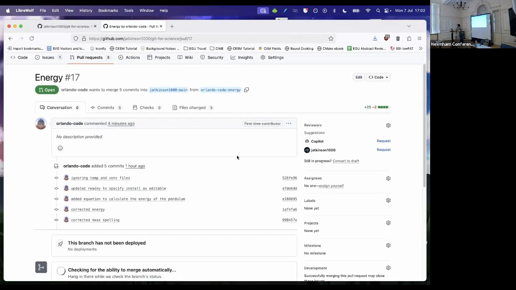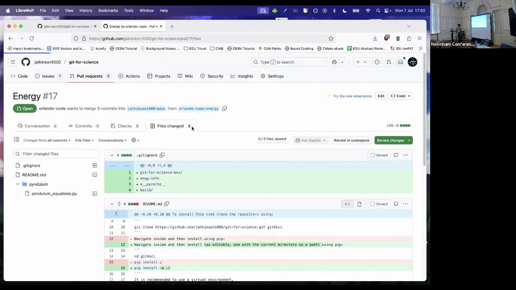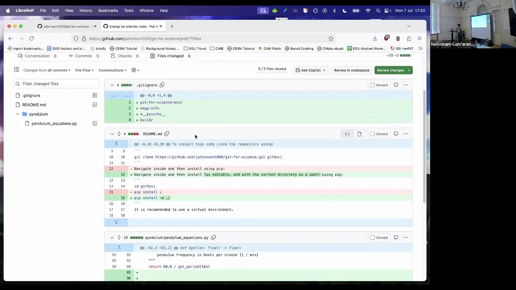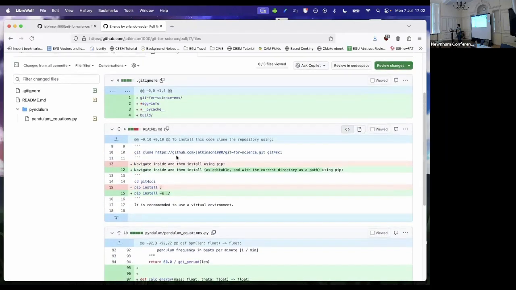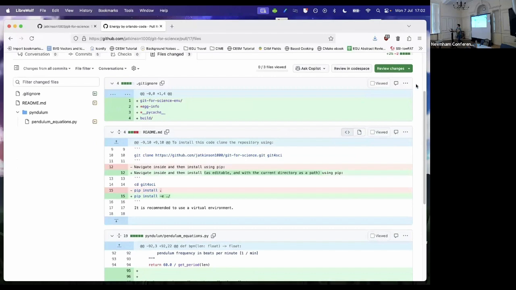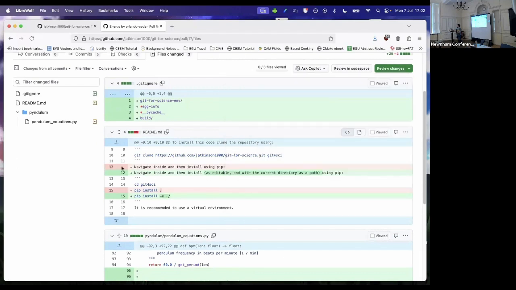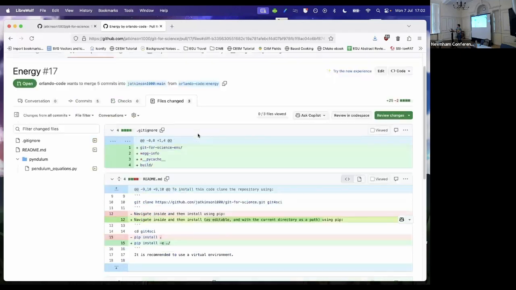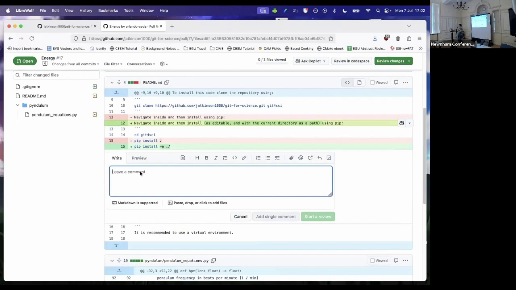Unfortunately, everyone went for energy. So if I go into here and I look at the code, there's a few things I can comment on. So the first thing I would perhaps say in here is, if we look at some code and we want to review it, if we pull open the box here, the space to type comments and write a review. We can also, through the power of GitHub, leave comments on specific lines, or at least we should be able to. Yeah, here, leave comments on specific lines. So one of the comments I would maybe include here is to say,